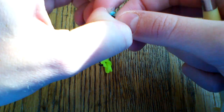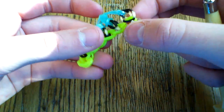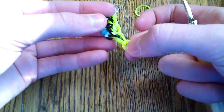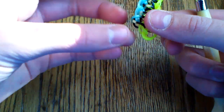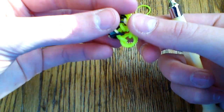And also loosen this up, just make sure that you kind of have a slip knot there. And keep this C-clip on, keep this C-clip on. Now we're going to go back to the beginning again. So ignoring that capping band, make sure that you have these front, like this bar across on the front, and